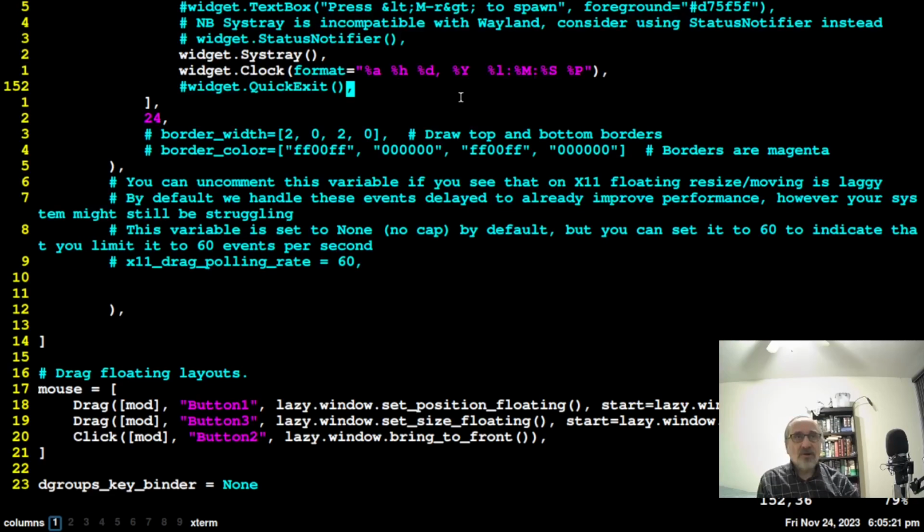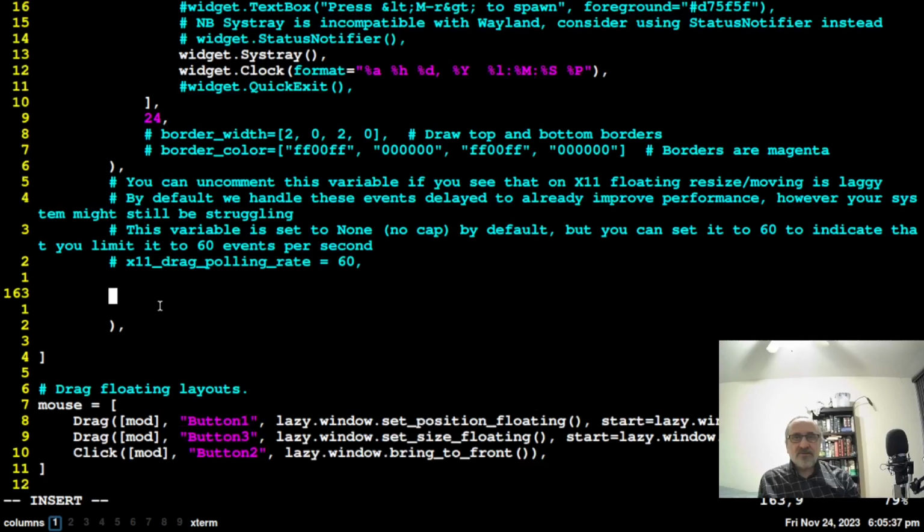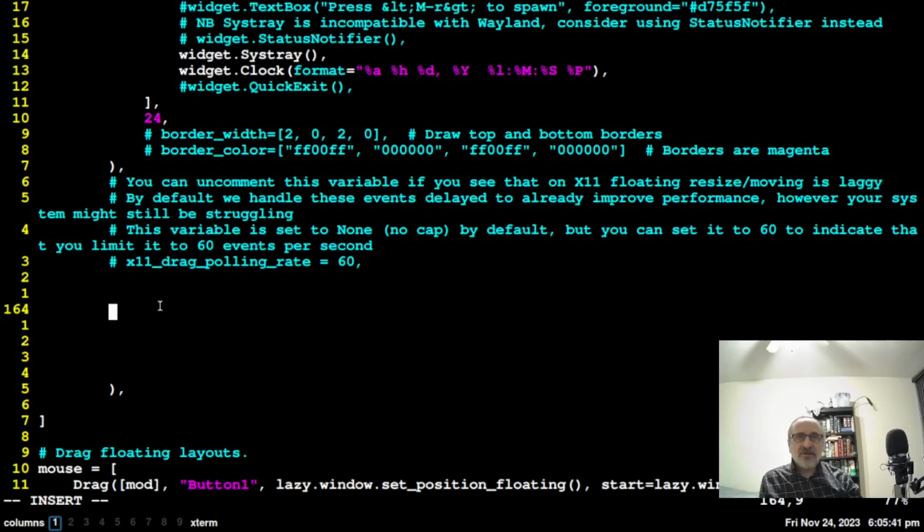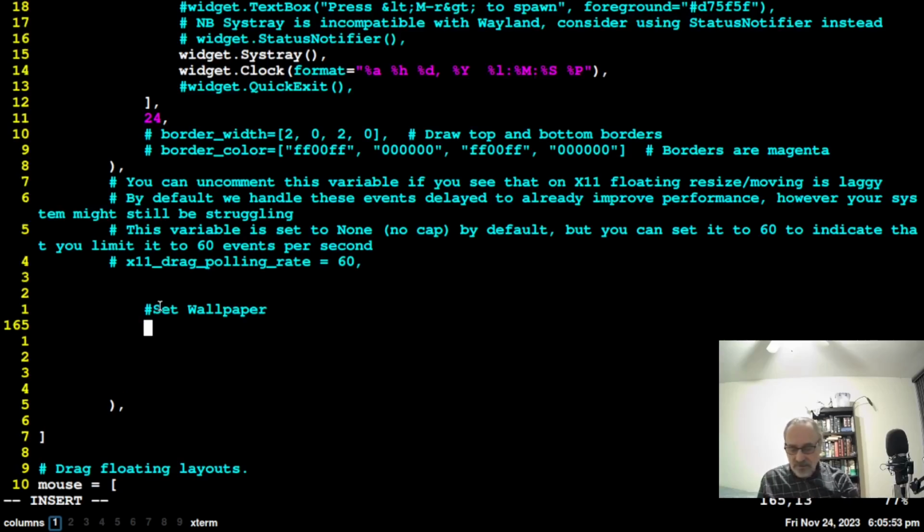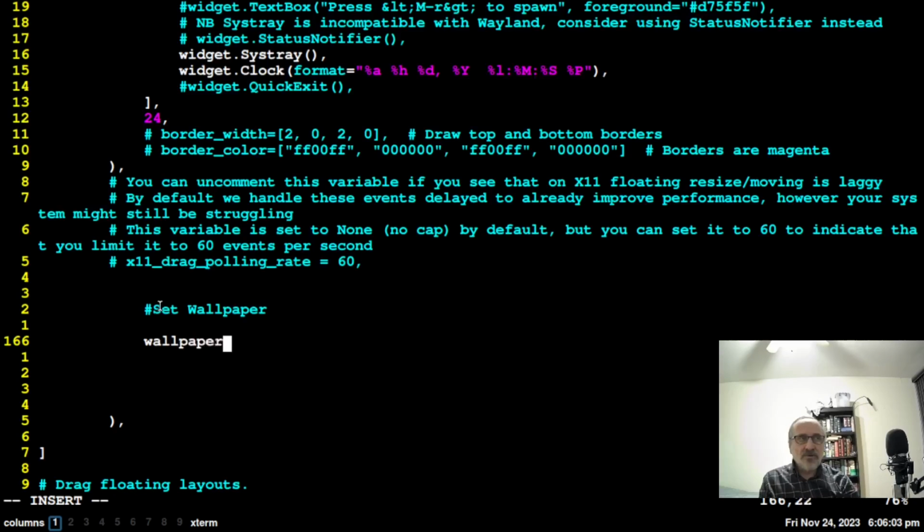So just below the clock formatting here, let's go down. It doesn't have to be below the clock formatting. It could be anywhere, to tell you the truth. But you just want to go above this bracket right here. And let's just create some space. And I'm just going to tab it a bit. And I'm going to type in set wallpaper. And I'm going to go down. And I'm going to do wallpaper equals tilde